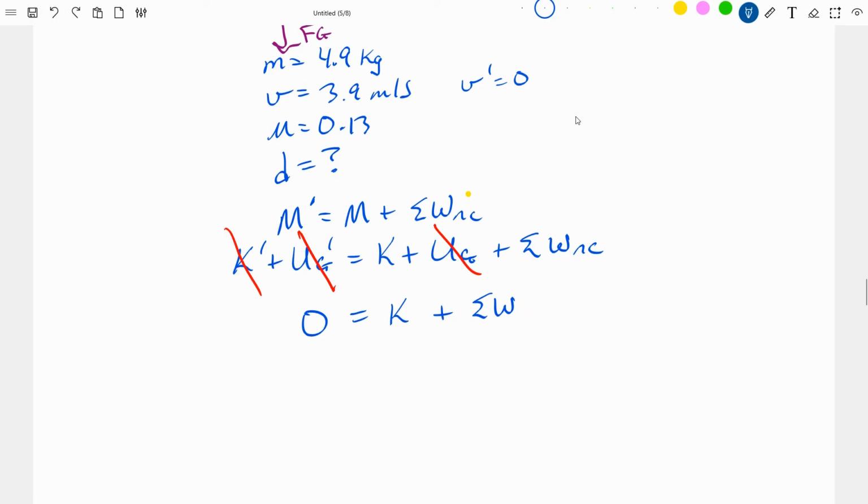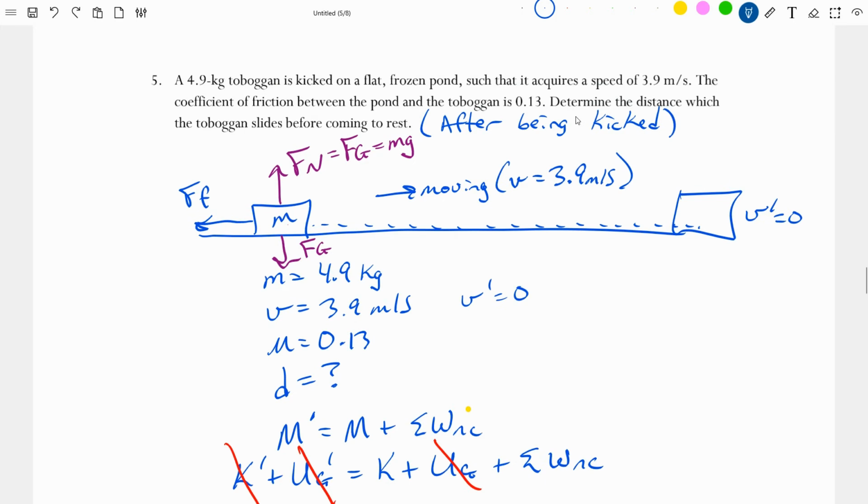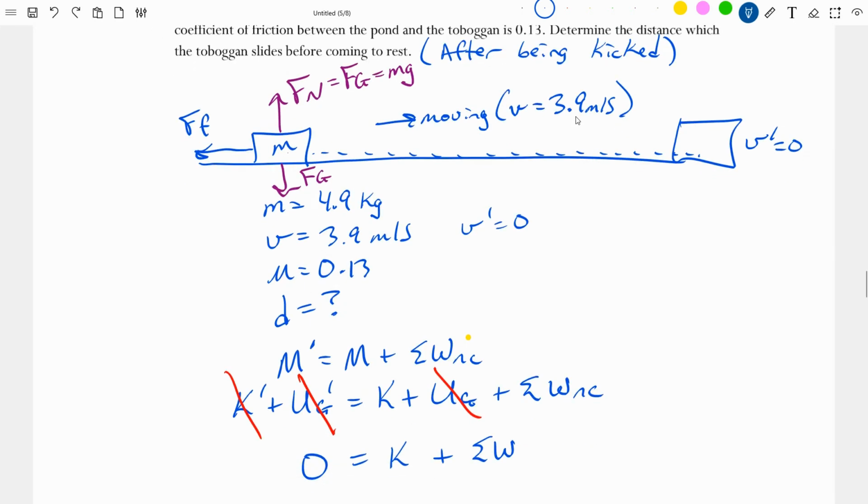What did work along the way? Were there any non-conservative forces doing work? Well, there are actually 2 non-conservative forces present. Force of gravity is conservative, so that's kind of in a separate category. Don't worry, we've already given gravity its consideration. Gravity is already taken care of and ended up being neglected anyway. So what about these two? The force of friction,